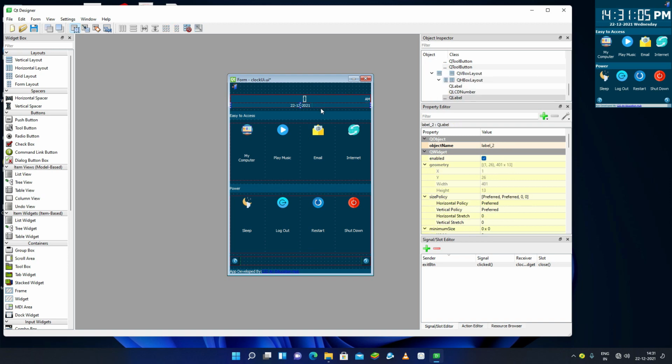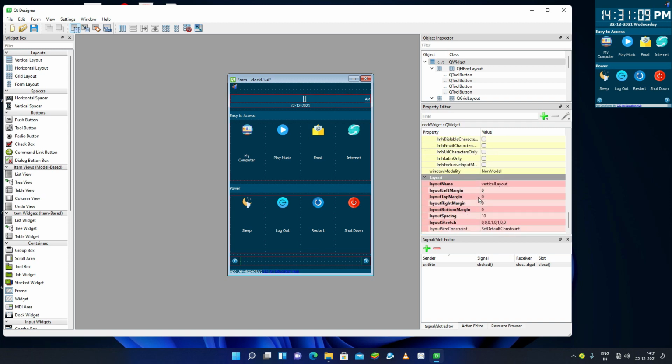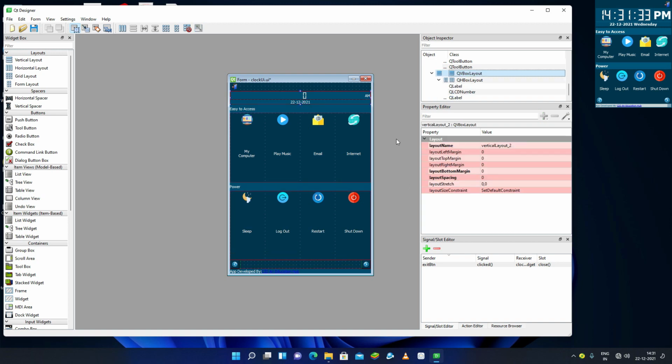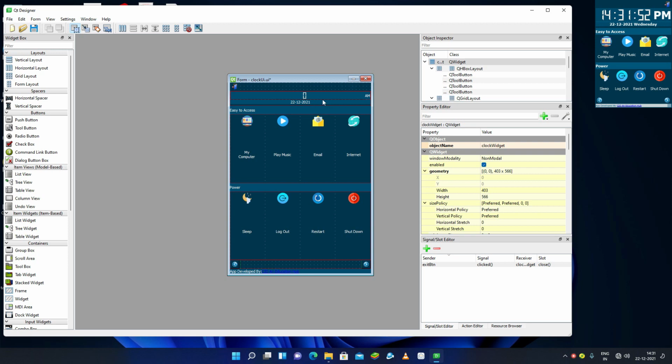Okay, so I have now some spaces here under this. So let's remove some of the space here. Let's remove the space, and we can pass here 0 actually. Now select this QVBox layout for this time and date widget, and now let's give some margin at the bottom as 2, so it will give some space. You can add some more space like this. So this is now the space.